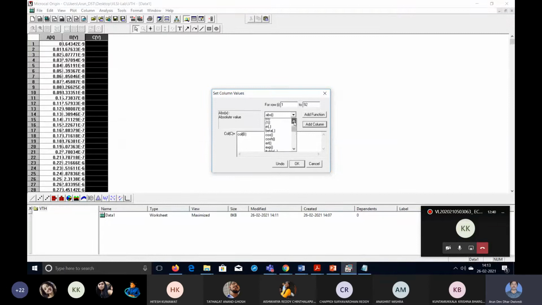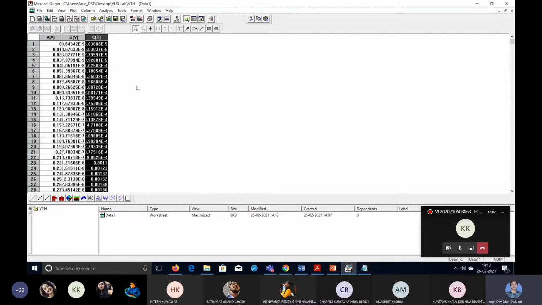A drop down menu is there in which we can check where it is. It is down, go down, some more down, yeah, here sine hyperbolic, below that square root. So choose square root and add function. So add function, then click OK. Then it is calculating the square root of column B. Column C is plotting, giving the data which is needed, the square root of ID.